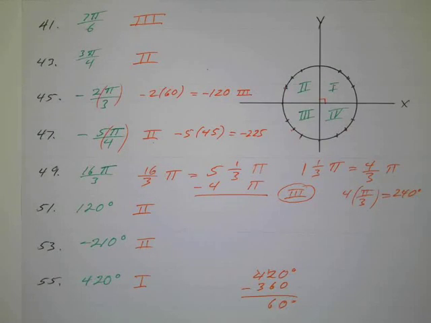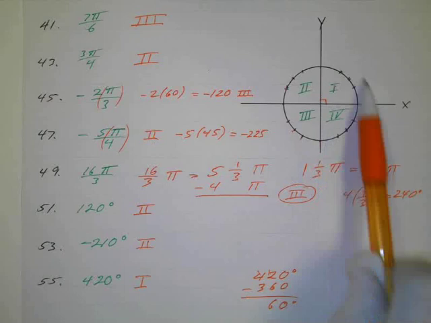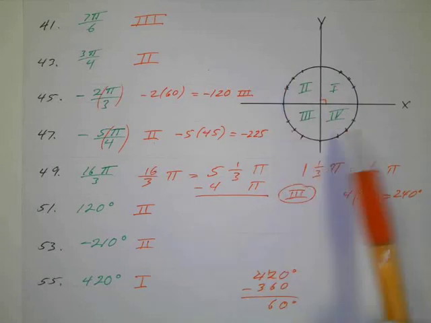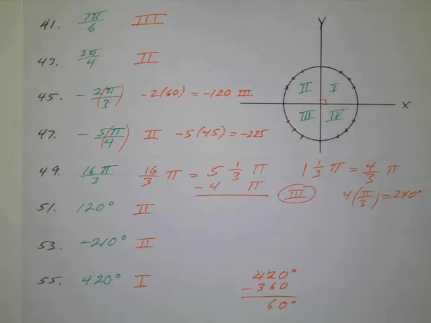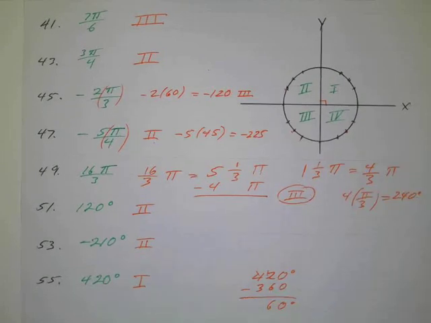The book asks you to draw the angles. You don't have to draw the angles, but you should draw your little partial unit circle so you can kind of examine what's going on, and then draw this real fast. Now, I didn't label these. You don't really have to. This just kind of gives you a good reference for how you're going to noodle these things out. Okay? So if those help,